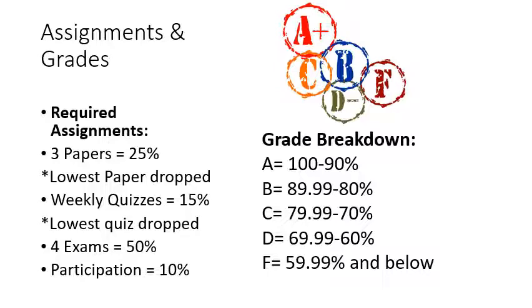On the right side, though, of your PowerPoint here, you can see the grade breakdown. An A is a 100 to 90, a B is an 89.99 to 80, so on and so forth. You can see all this. Notice it is really exactly defined. So if you got an 89.99 in this class, technically, that means you have a B in it, and I do not have to boot you up to an A. Will I boot you up to an A? Probably. But just keep in mind that this is how it is defined in the syllabus. So just be watching your grades when you're looking at that interpretation.